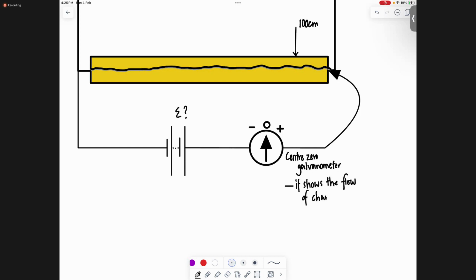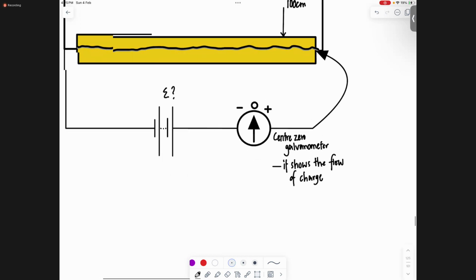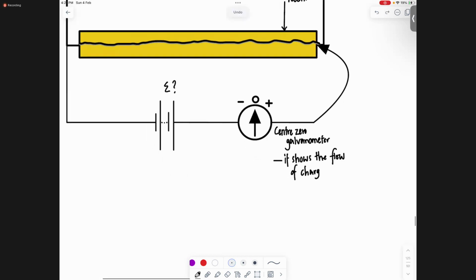So if there's charge in your circuit, it'll show this. It's not an ammeter. An ammeter doesn't show the flow of charge. An ammeter shows the rate of flow of charge. It's a different thing. So an ammeter shows how fast the charge is moving, and a galvanometer shows which way the